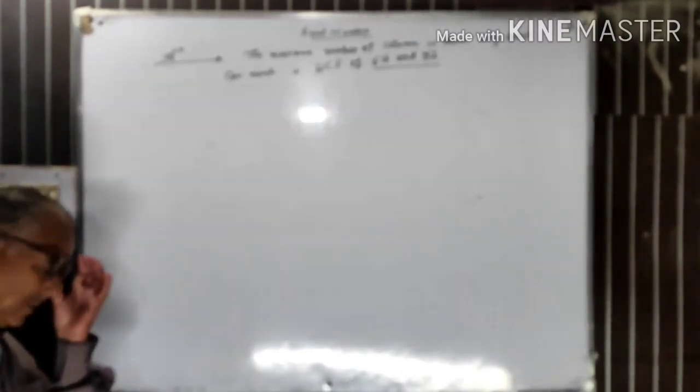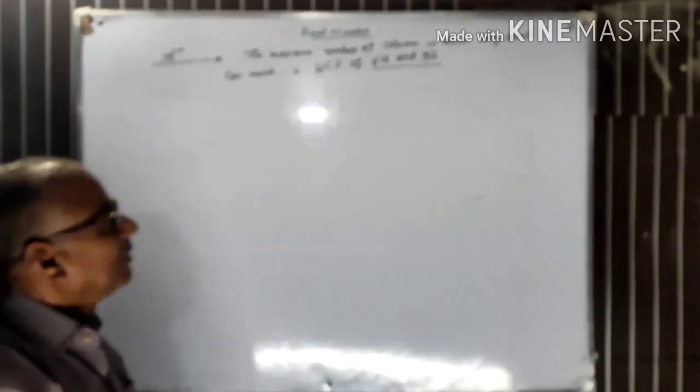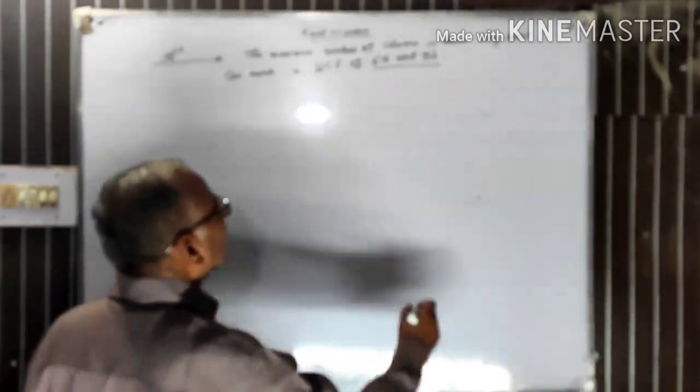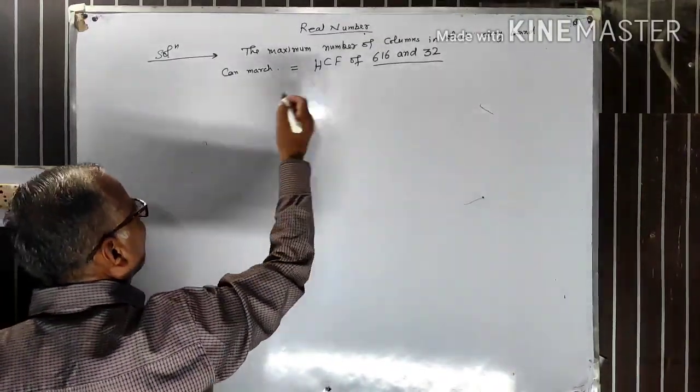The maximum number of columns in which army band can march is given by HCF of 616 and 32. So by Euclid division lemma,